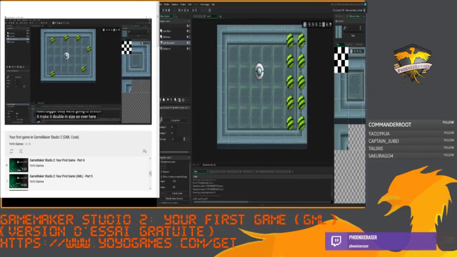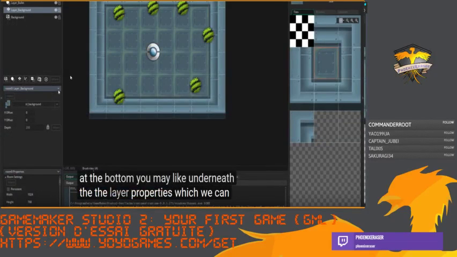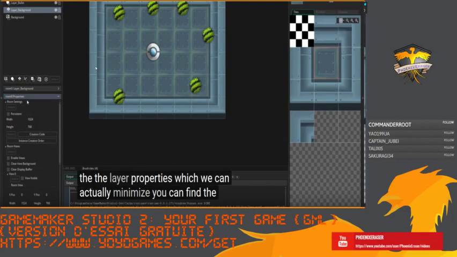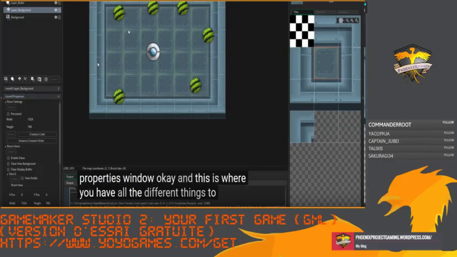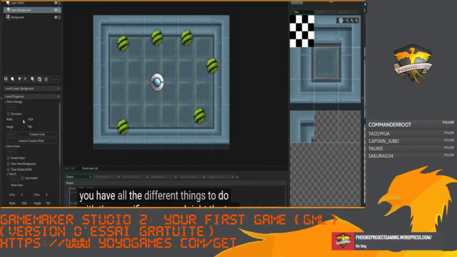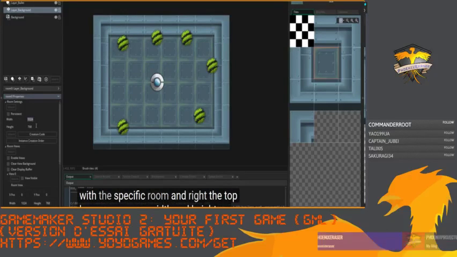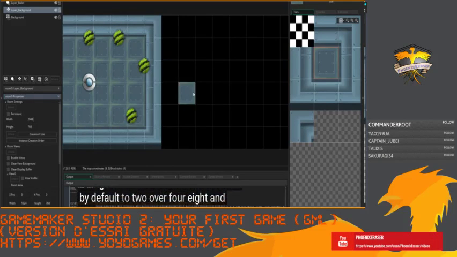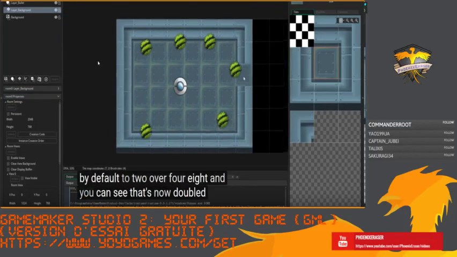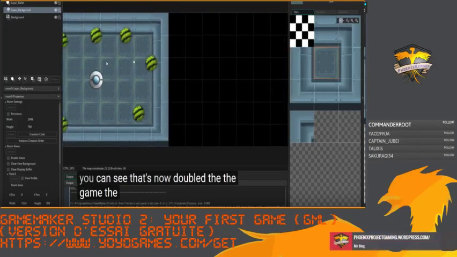So over here at the bottom, underneath the layer properties, which we can actually minimize, you can find the room properties window, okay? And this is where you have all the different settings to do with this specific room, and right at the top here you can see width and height. So change width from 1024, which it is by default, to 2048. And you can see that's now doubled the game room